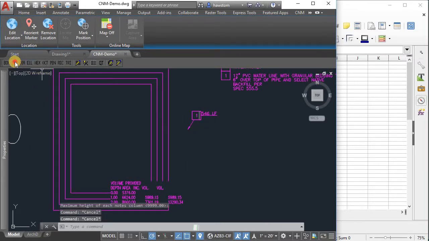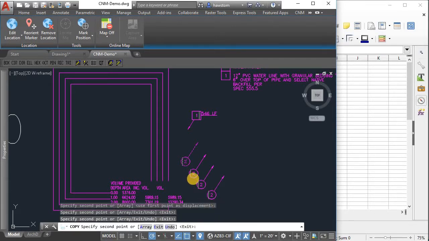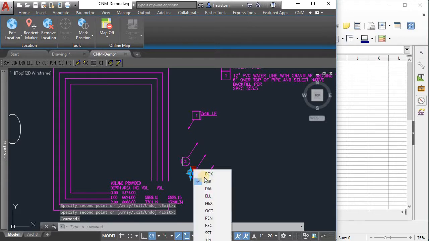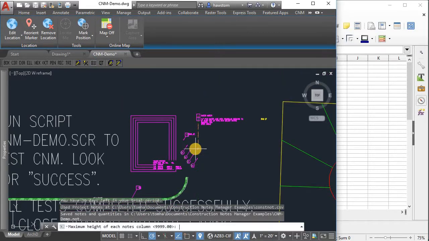And if I insert a bunch of other notes, suppose a circle 2 and let's say I copy this several times and make one of them into a diamond, the next one into a hex, and the next one into a pentagon. Then I make my table again. I should have one of a bunch of things,